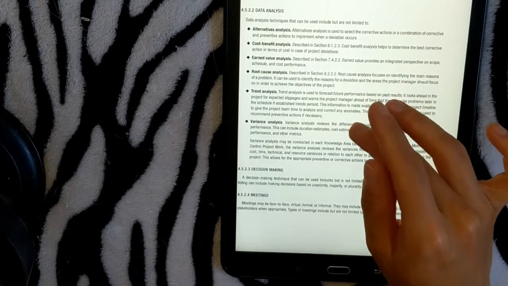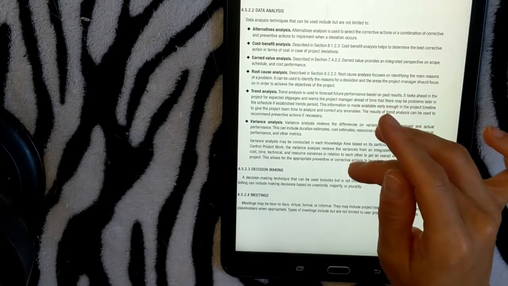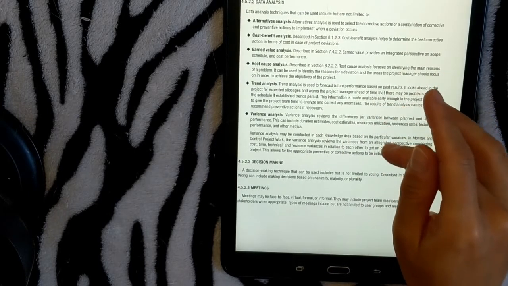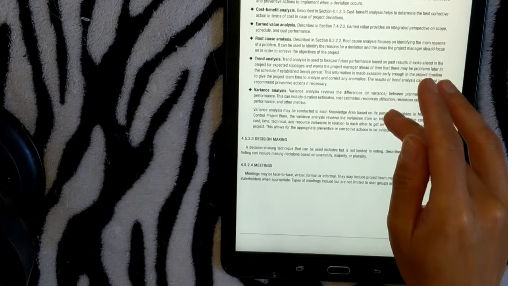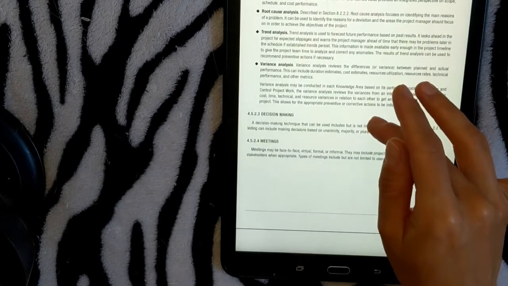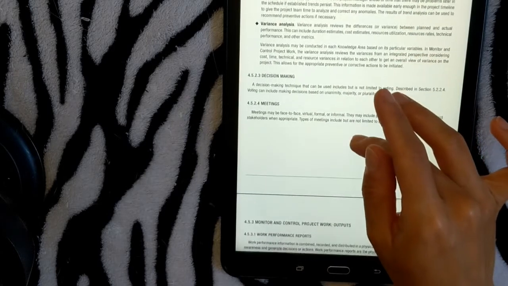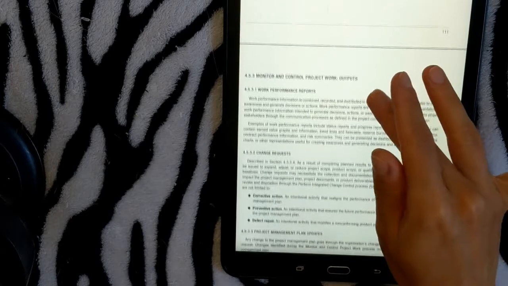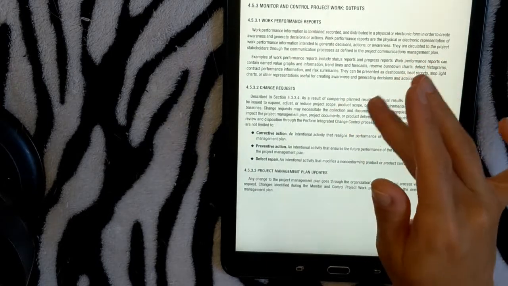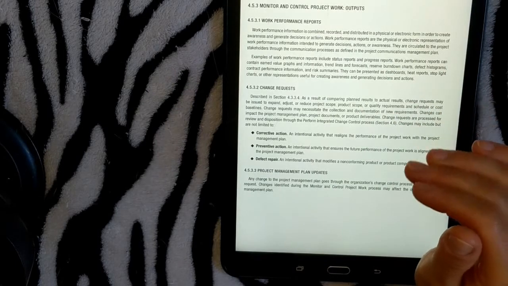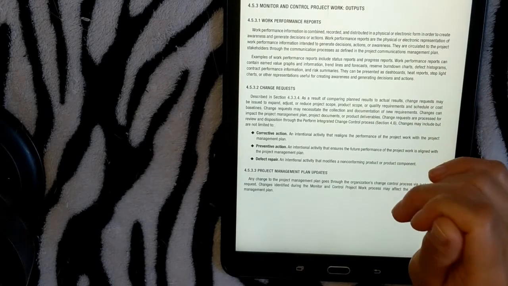Data analysis, so there are different types of analysis like cost-benefit analysis, earned value analysis, root cause analysis, trend analysis, variance analysis. Decision making, meetings of course, and then the outputs are the work performance reports like trends, graphs, forecasts,